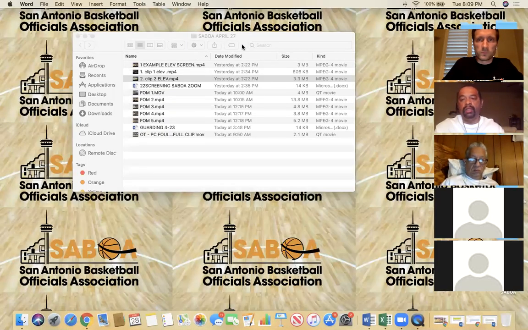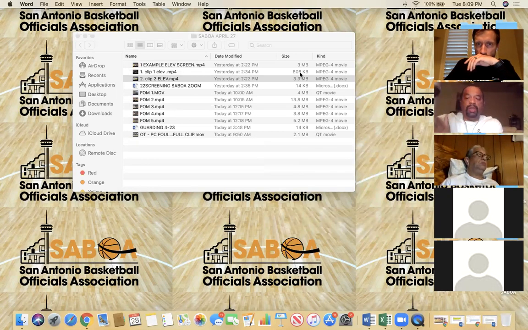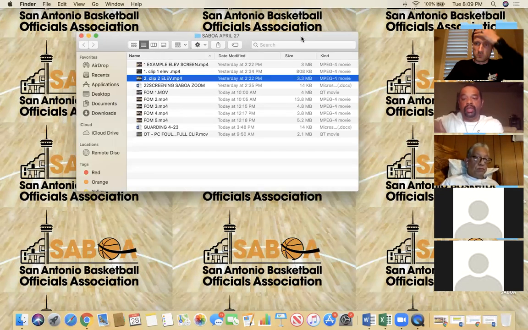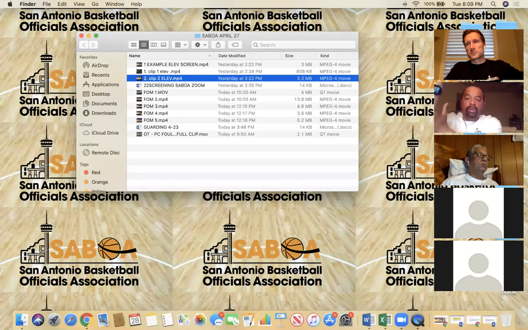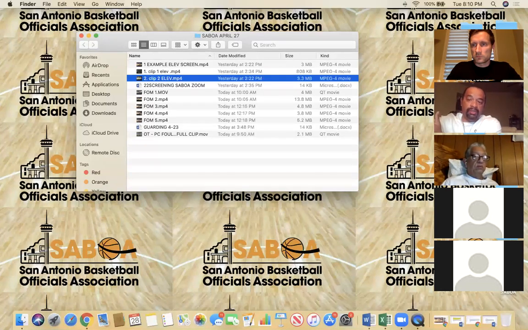Usually we see this play, like Bob mentioned, the drive to the hole, the hit on the arm, and we let them finish. That's the play we're so used to seeing. Right. The outside play, we're saying, oh, he didn't get the shot off, the ball is dead. But according to this rule, the way y'all are reading it, being that he's in the shooting motion, just like a guy going to the hole, he gets to finish the play. So I think we need to put this in our toolbox, and as a chapter, let's make sure we all call it the same way.